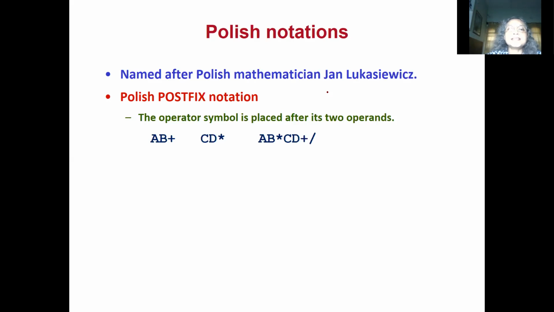Suppose you look at this expression. This is an infix expression, A plus B into C slash D minus E into F minus G. Now, if you want to convert it to fully parenthesized form, certain parts are already parenthesized, like B into C, E into F. Now you check the slash has high precedence. So first B into C slash D will be performed. So we will put a parenthesis here.